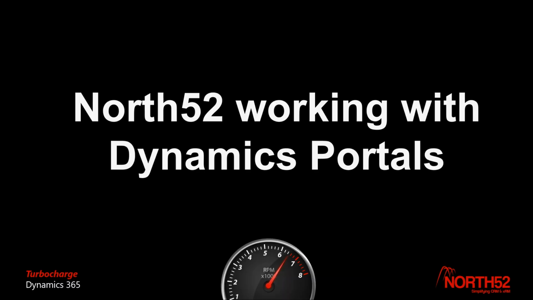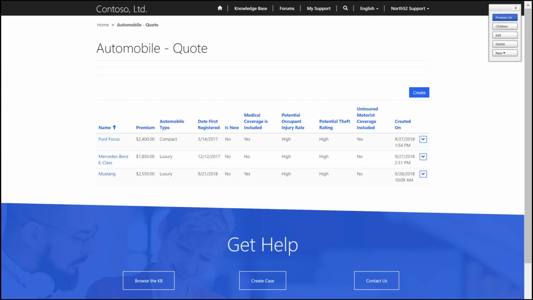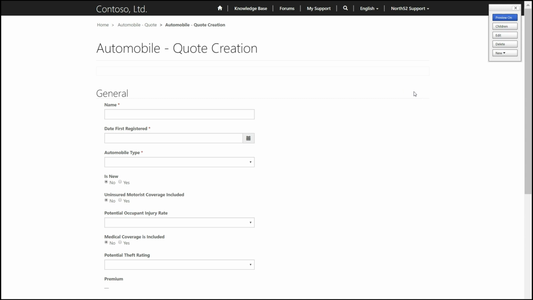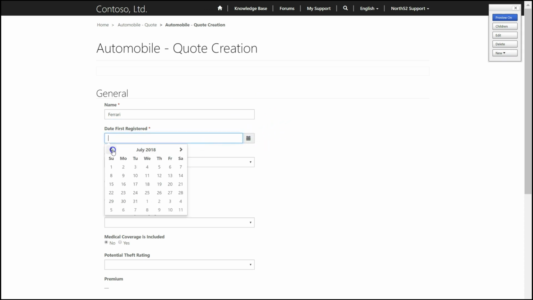Now let's move on to the same formula working with Dynamics portals. We will go to the automobile portal page that I've set up, and you can see that there's 3 pre-made examples here. Now let's create a new one by clicking the button here, and let's give it a name like Ferrari,